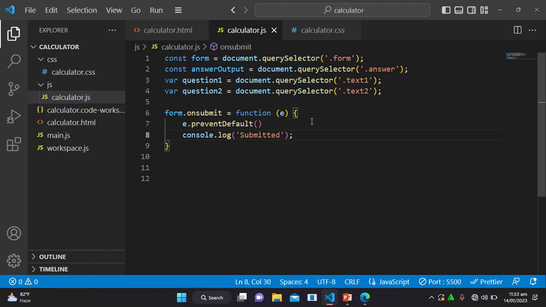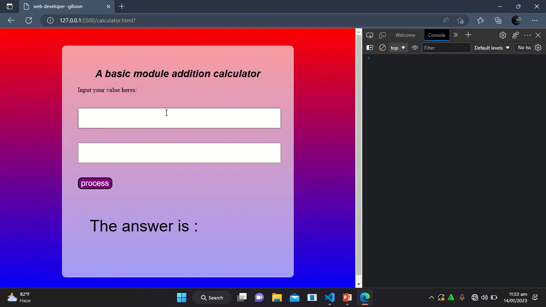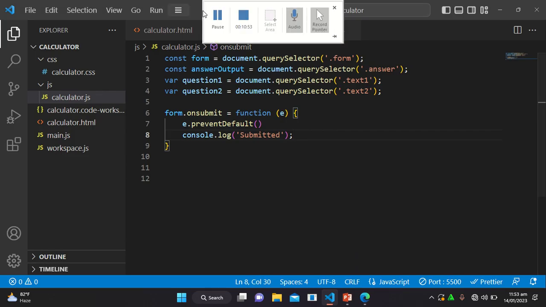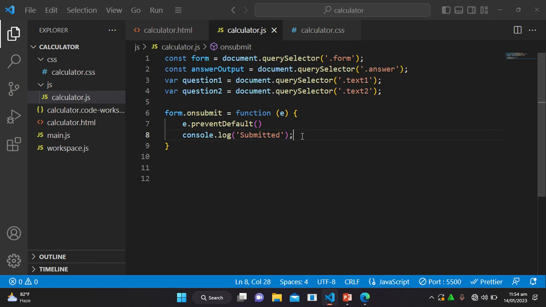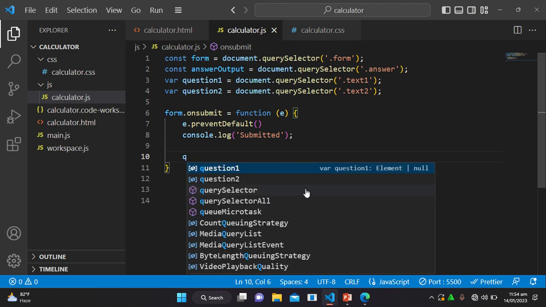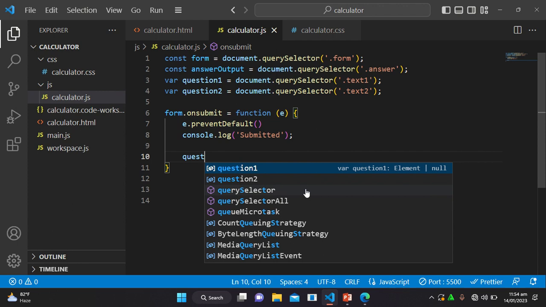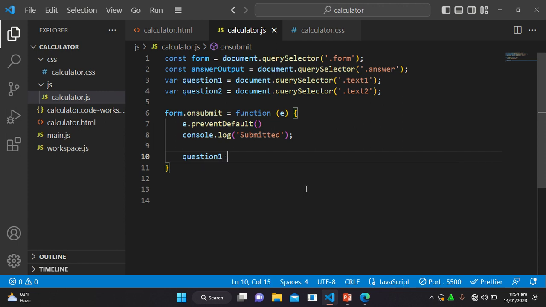Now we've logged submitted. What we need to do now is get out the values, and like I said, we might need to re-update these. That's why I set it to var, like a variable. So for re-updating it, we don't need to use the var keyword again. We just need to use question one should now be equal to